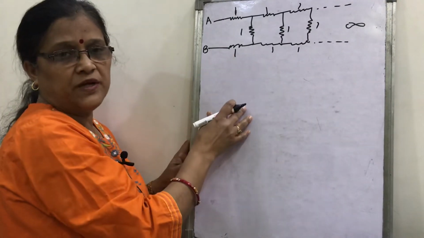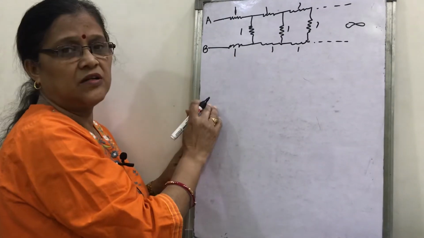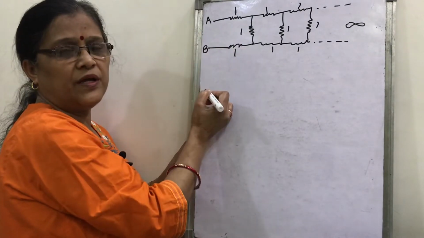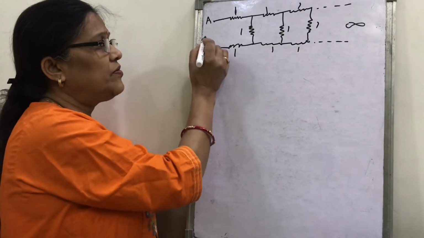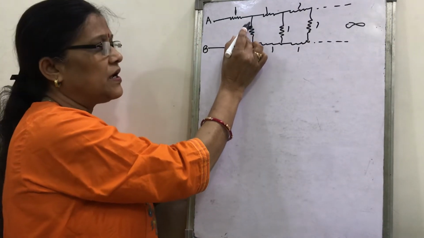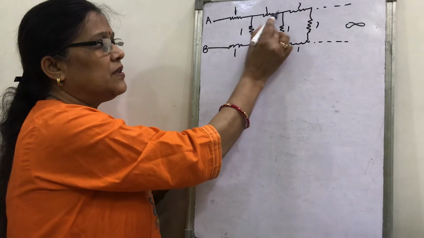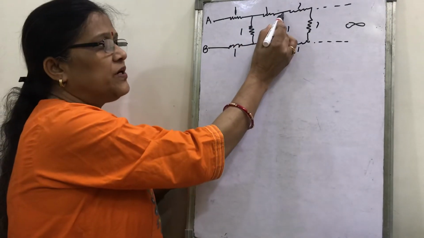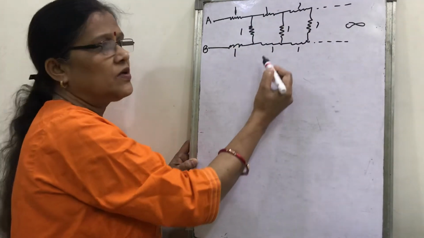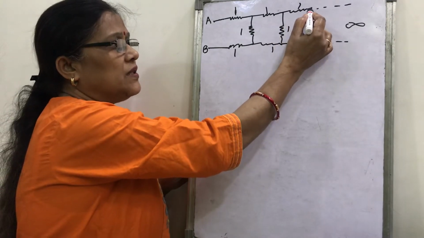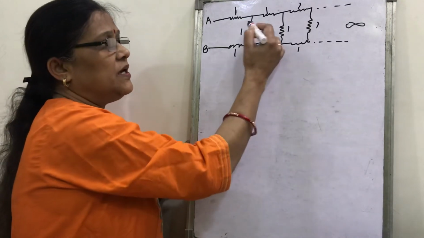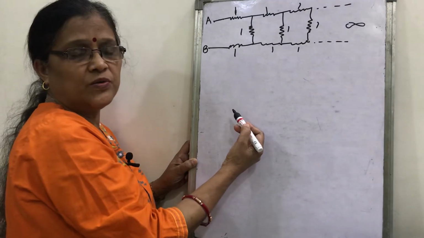Now what is the trick behind this question? Learn that if we connect a fictitious battery between A and B, and the current begins to flow from the point A, then at this point it will be divided. Again the current will be divided here in this way and in this way. At this point again it will be divided. So in the last one, it will be going in this resistance as well as in this resistance. But since they are infinite in number, what will you do?